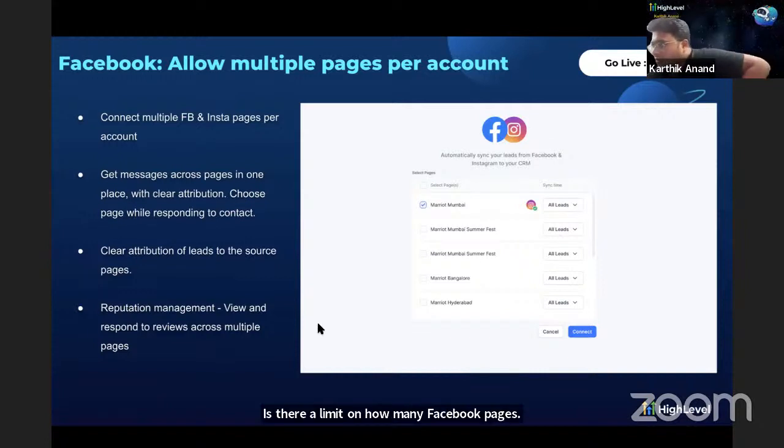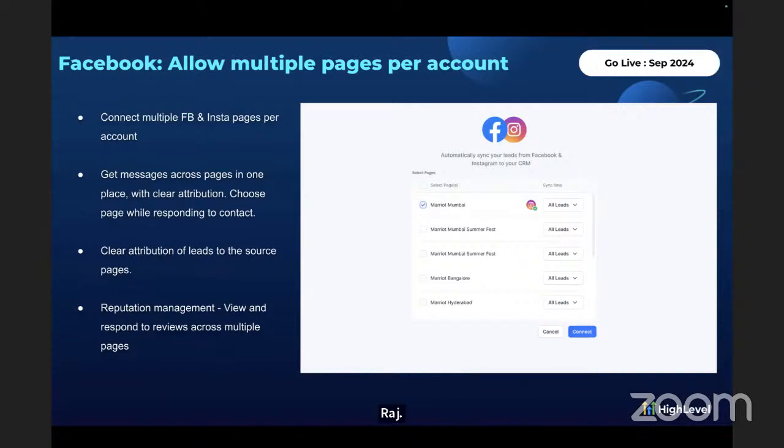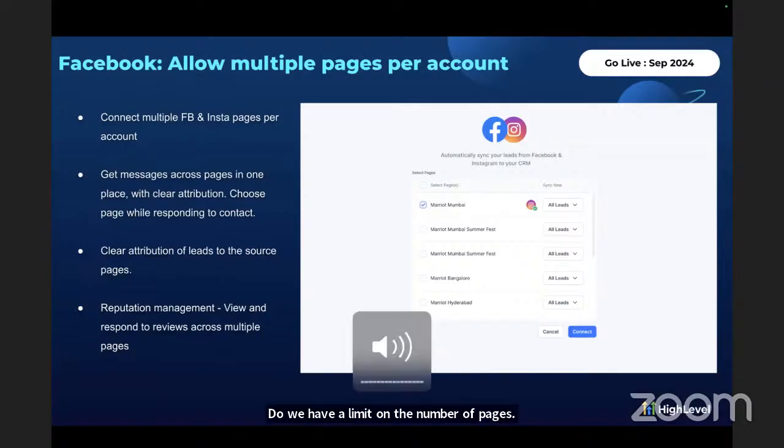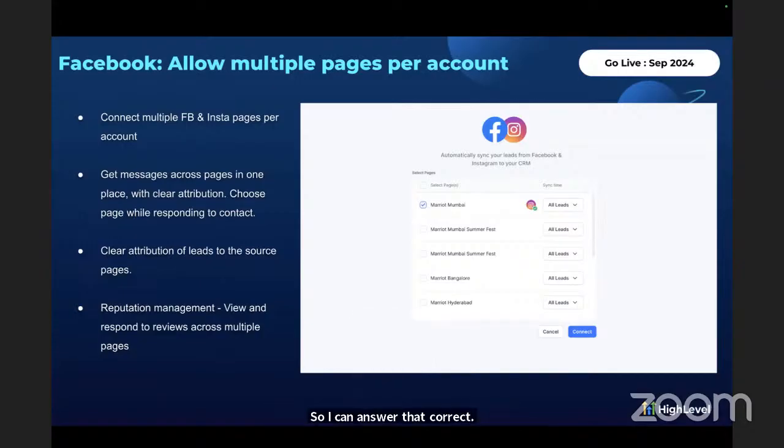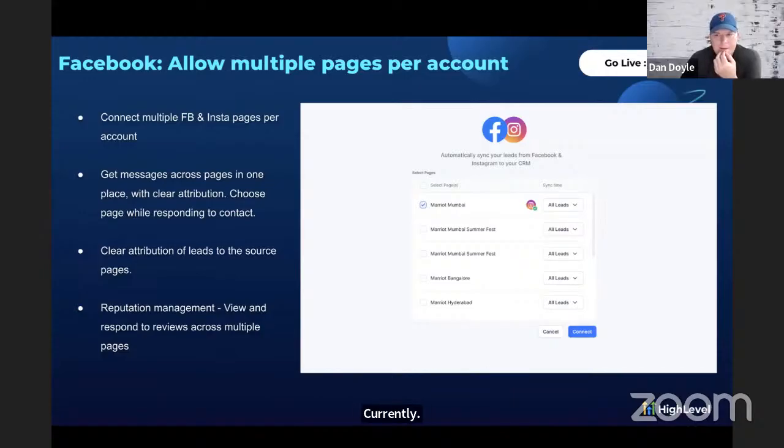Raj, do we have a limit on the number of pages? So I can answer that, Karthik. Yes, Naman. Currently, we are not limiting the number of pages, but